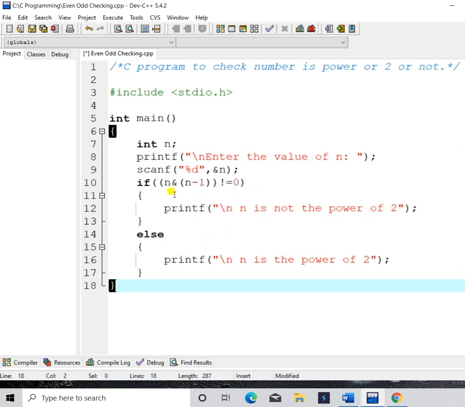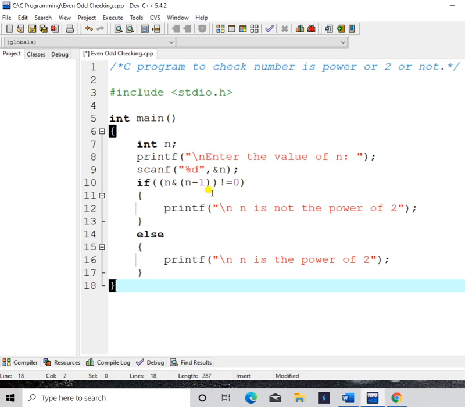But if we take 4, the previous value of 4 is 3, meaning n minus 1, that is 4 minus 1 equals 3, and if we use the bitwise AND operator between 3 and 4 and it gives us the result 0, then it will go to the else statement and print that n is the power of 2, meaning 4 is the power of 2.